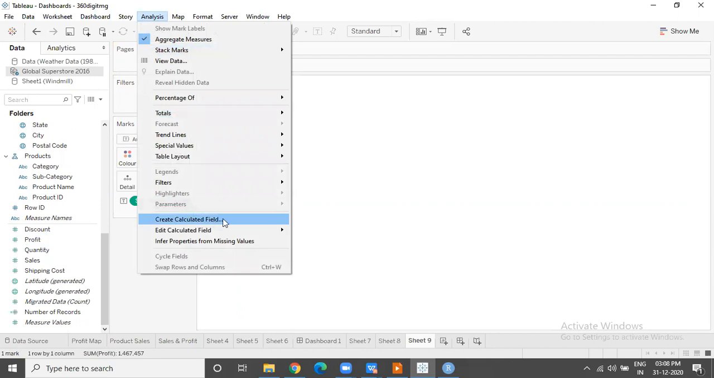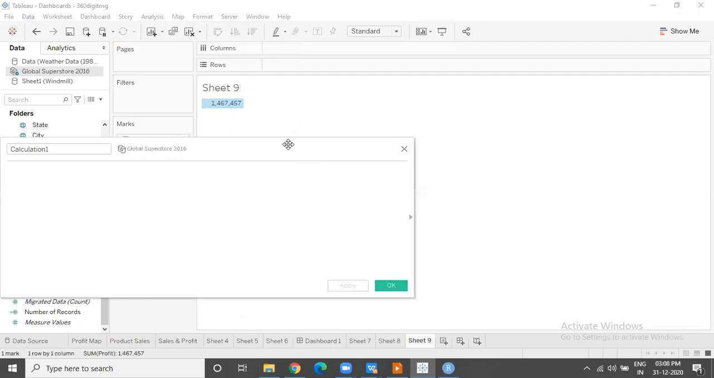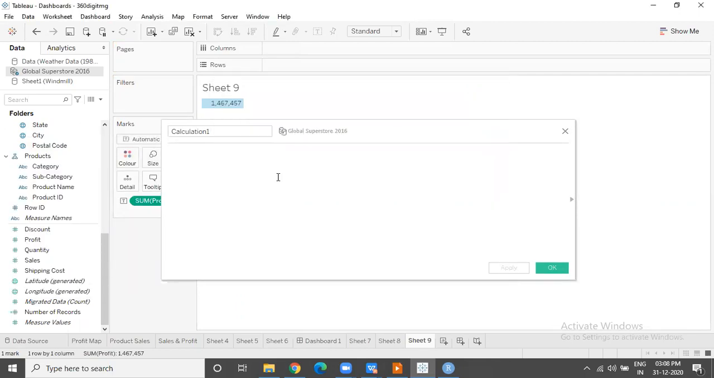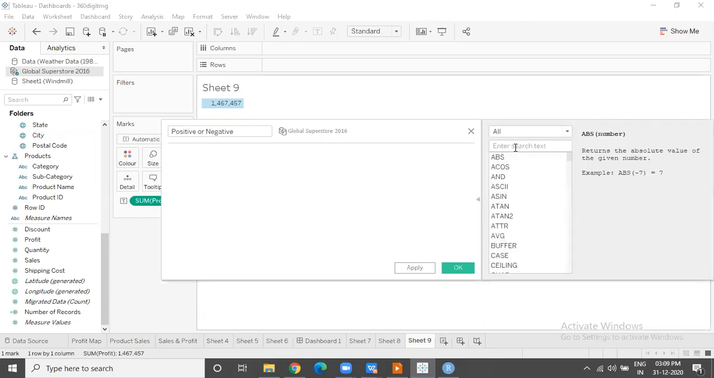Now, we have to communicate with R only through calculated fields. So Tableau will be able to send data to R only through calculations. So I just want to know whether this is positive or negative. Now, how will Tableau be able to communicate with R through calculated fields? There are four functions